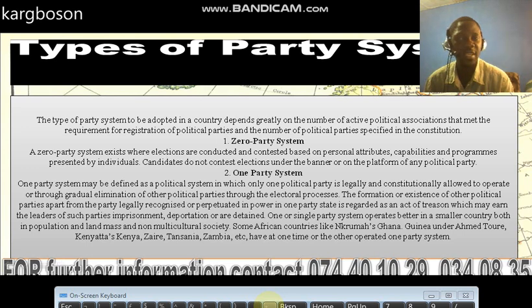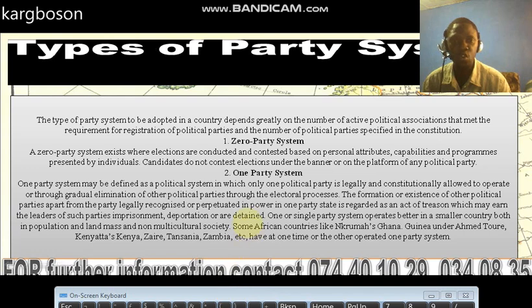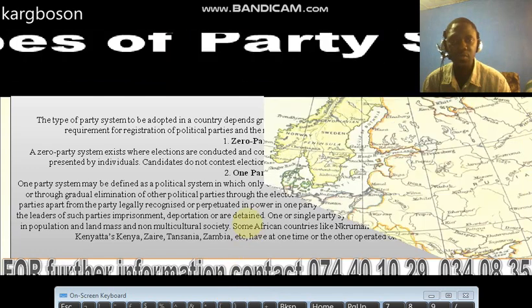For instance, in 1978 in Sierra Leone, when the country moved to a one-party system, you only had the existence of the APC as the only party recognized by law. So the existence of any other party at that time would be considered illegal, and those leaders could face imprisonment, and they also considered the act a treason offense. So that is another type of party system.